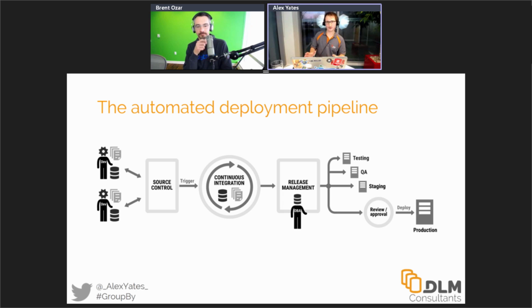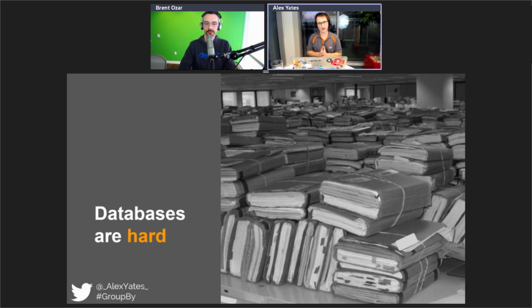So we've probably seen diagrams that look like this before, and typically we've seen them in the context of applications. Okay, I've got some .NET app, I can build it, I can compile the source code, I can run my unit tests on it, yay, it works, and then I can deploy it to production. And that's really easy for apps, because you can delete the old one, throw it away, and put a new one there instead. If I do that with the database, well, I've just deleted my data. So doing it for databases is an awful lot harder.